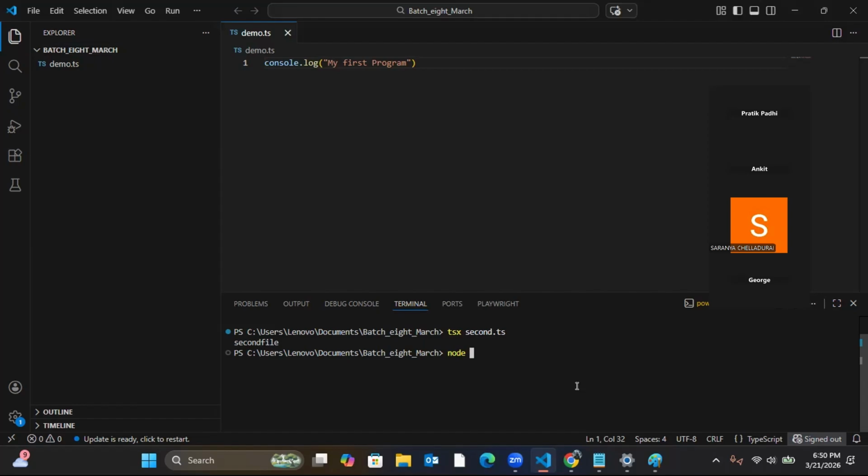To run it, the command is node, the same node we are using, node demo.ts. Enter. No, this is not actually compiled directly like that. So first we have to convert it. I actually wanted to show how it happens in the background. So first it will convert this TypeScript to a JavaScript file. For that, the command is tsc